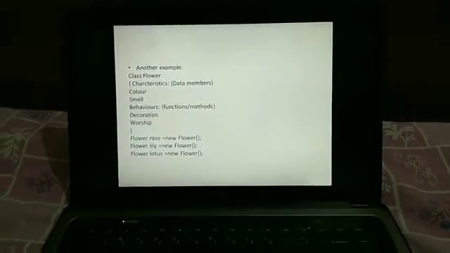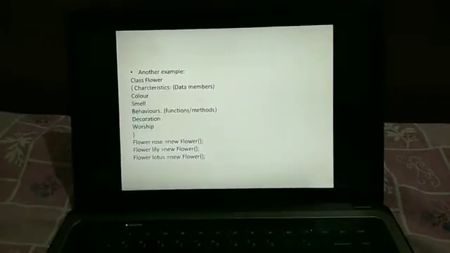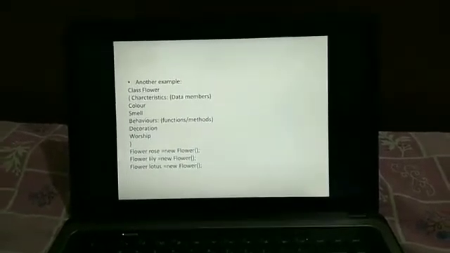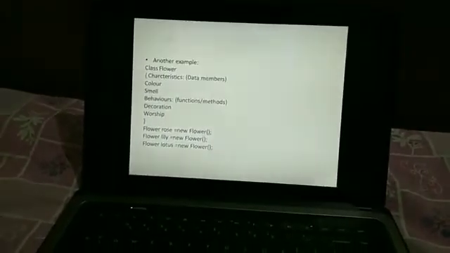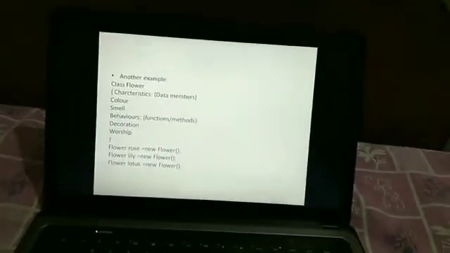Which are the objects over here? Your rose, lily and lotus are the objects created under the class flower. Okay, any doubt over here? Fine. Next comes